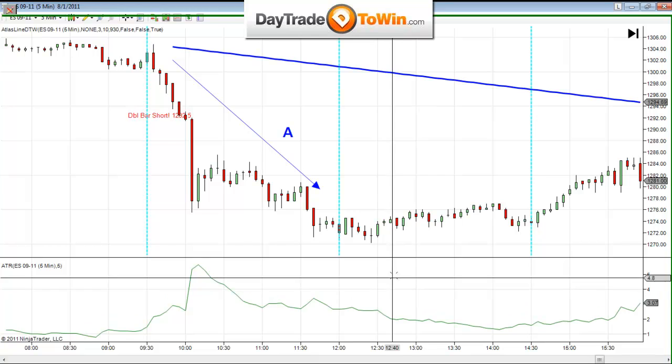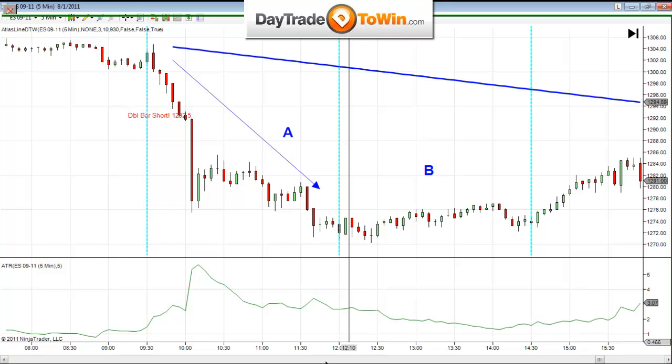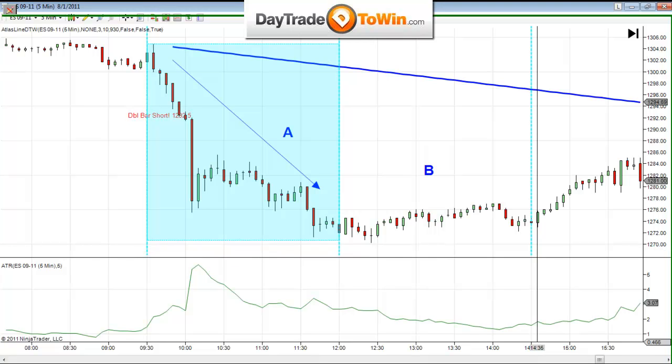What do I say about B? B is almost always going to be confined within the range of A. What do you think happened in B, guys? Did the B part of the day hold within the confinements of A? Absolutely. Does that forecast that we're going to have a trending day? Nope, not a trending day, because it's doing exactly what it's supposed to do 85% of the time. Price needs to confirm as soon as 12 o'clock comes that it's breaking the range of A.